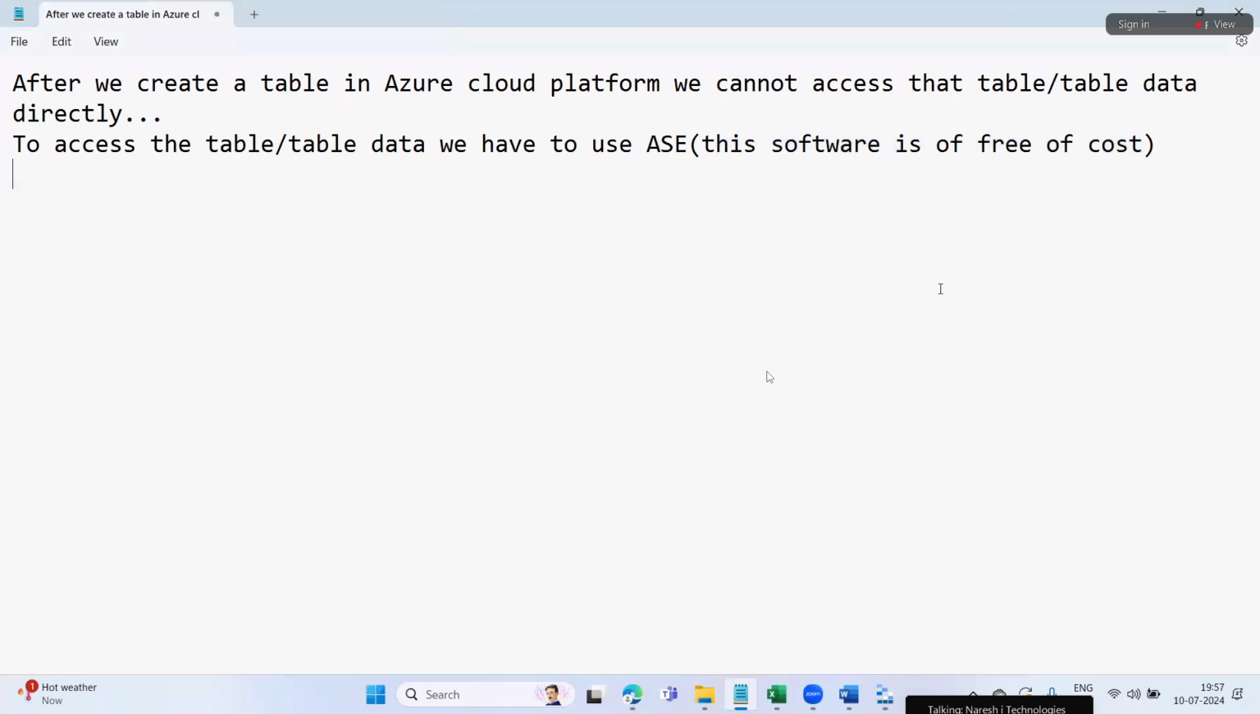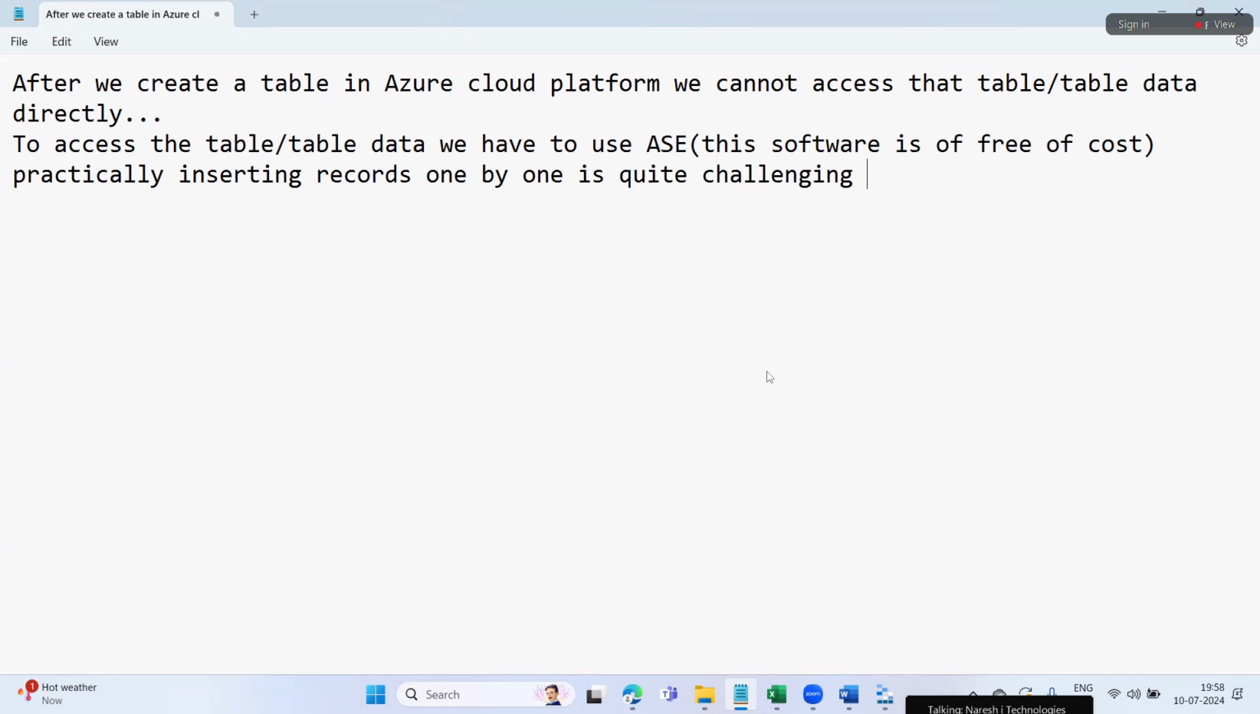So practically, inserting records one by one is quite challenging. So for this reason, what we'll do, if we are having a file